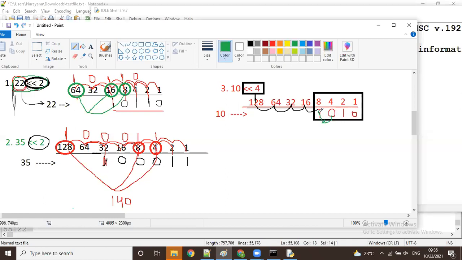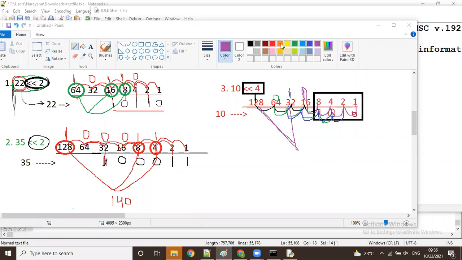Now this is the 1, this is the 2, this is the 3, this is the 4. 0 is coming here. Next, this one: position 1, position 2, position 3, position 4. Yes, coming here. And the last one, guys, here. The last one is moving 4 positions, right? Position 1, position 2, position 3, position 4. Yes, that's all. So 128 plus, sorry, this is 0, right? This is 0, guys. 128 plus 32. How much here? 160. Very simple.